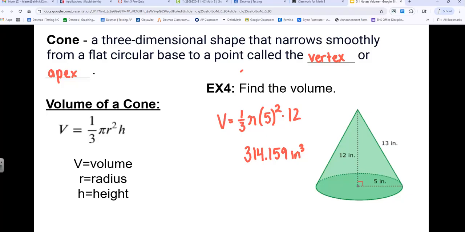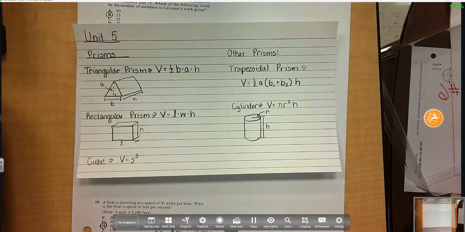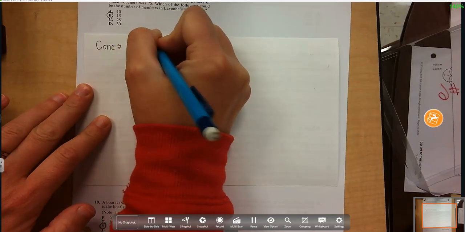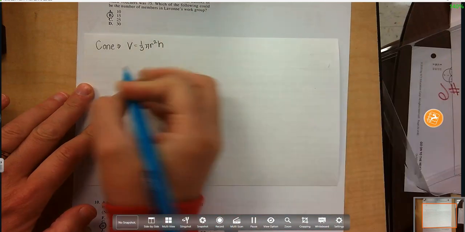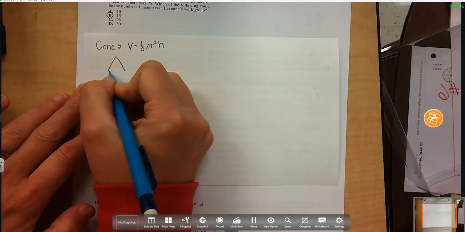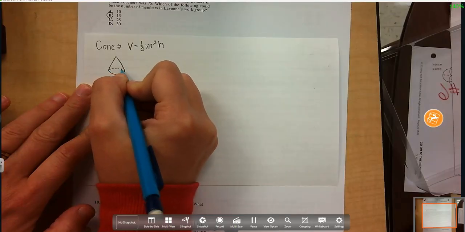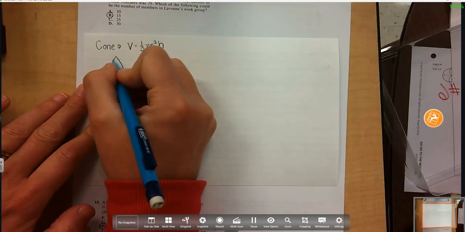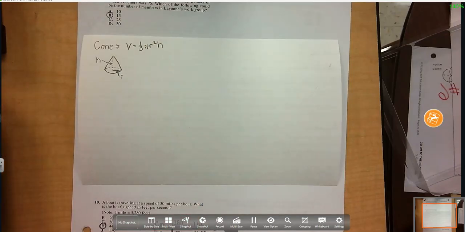Okay, we are about out of time, so let's add our cone formula to our note card, and then we're going to have to quit for today. I'm going to put mine on the back here. So our cone is going to be 1/3 pi times the radius squared times the height. And if you want to draw a cone, just draw a triangle with a curvy side here and put your little dotted part right there. This part is your radius, and this part right here is your height. So make sure you've got that on your note card,